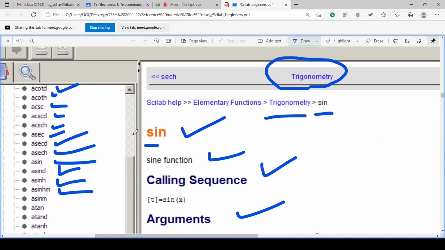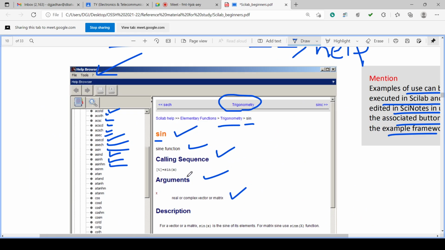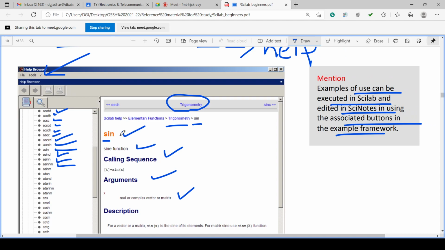So that's why the sine help is available. Help on the sign function is available.